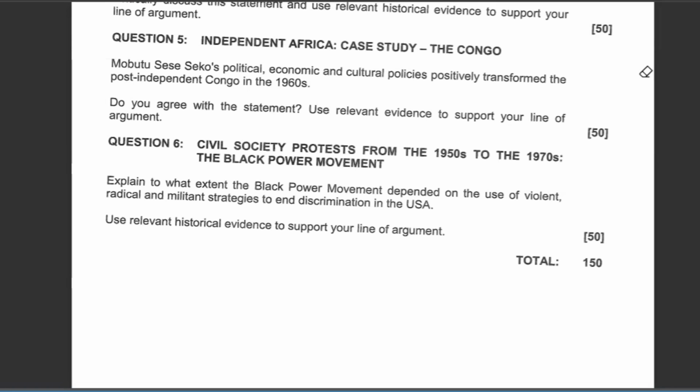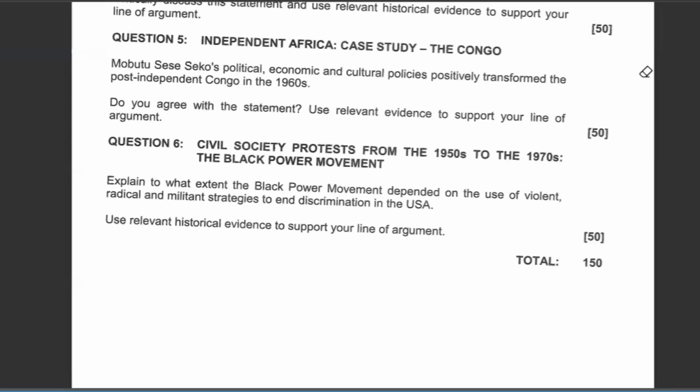Then we get to the next point. Mobutu managed to create a one-party state within 5 years of getting into power. What are we calling the one-party state? We are calling a state in which there are no opposition political parties. Mobutu Sese Seko made his party the Popular Movement of the Revolution.